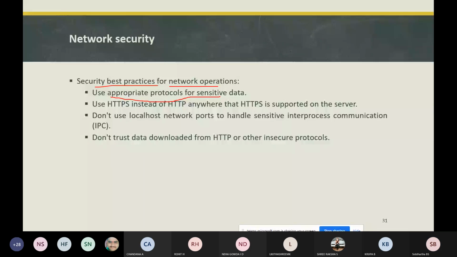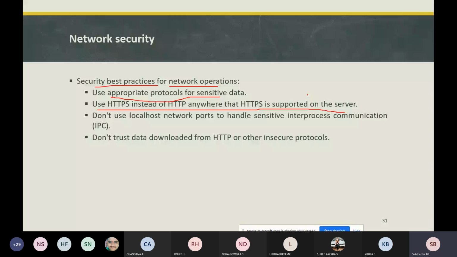Within that there is a subclass, HttpsURLConnection, so you need to use the HttpsURLConnection subclass. The next practice is to use HTTPS instead of HTTP anywhere that HTTPS is supported on the server. It means that whenever you are implementing, you need to use HTTPS connections.